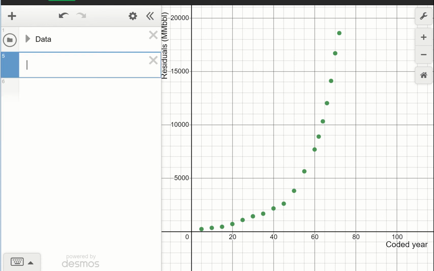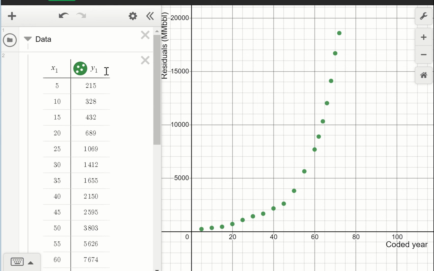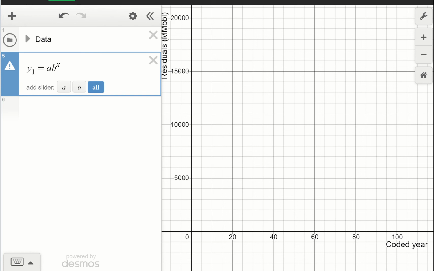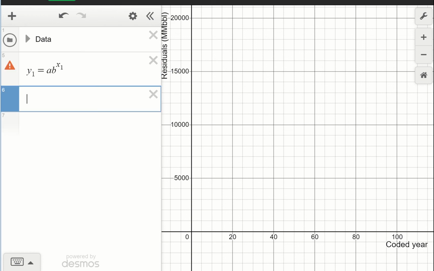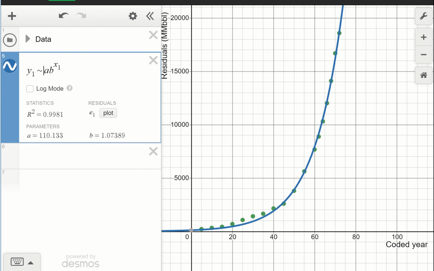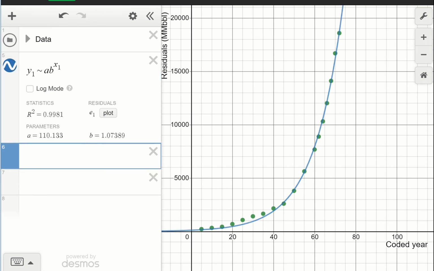And we're connecting y1 and x1. I'm pretty sure these were y1 and x1. Let me look again. Yeah, y1 and x1. So we're going to say that our y values, y1, are equal to a times b raised to the x1 power, and press enter, and I have an error. The reason why I have an error is I used the equal symbol and not the tilde. So I'm going to go ahead and hit shift tilde,